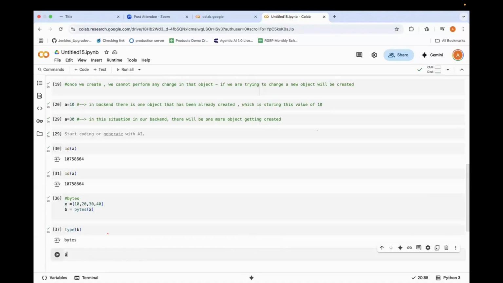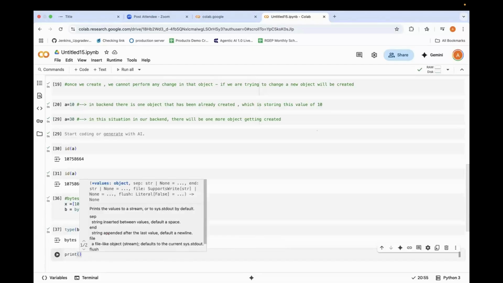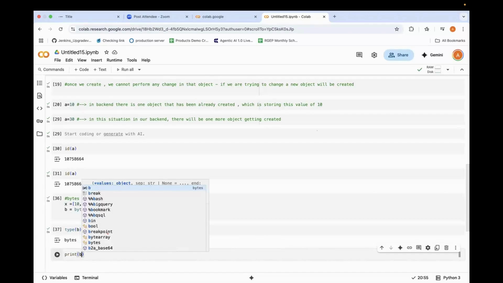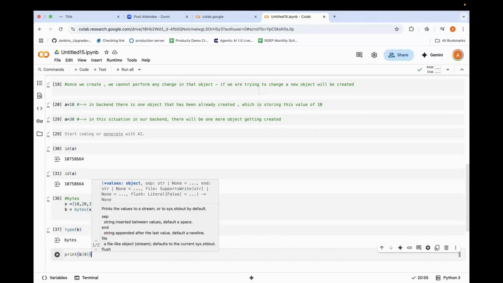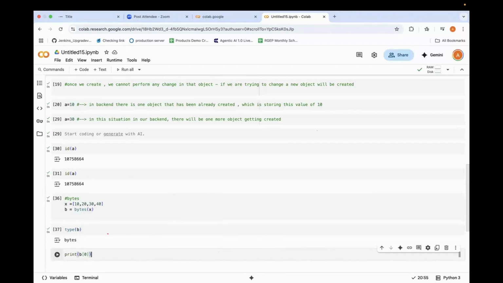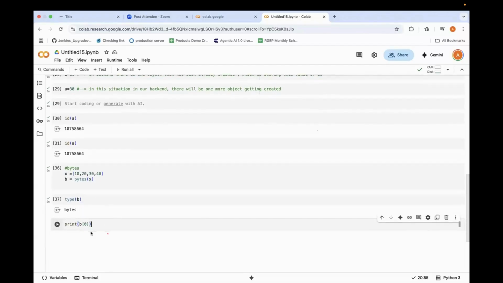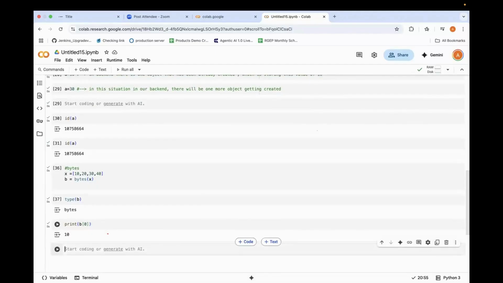Now if I print B of 0, what will be the output? 10. Right. B of 2, 30. Right. Now how is this going to be stored? Let me show this now.